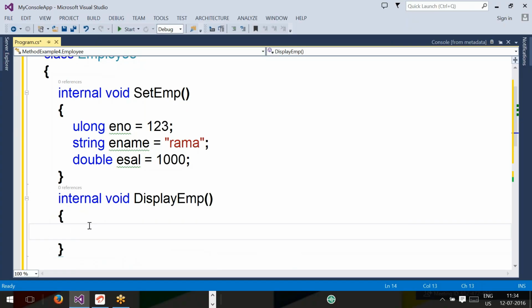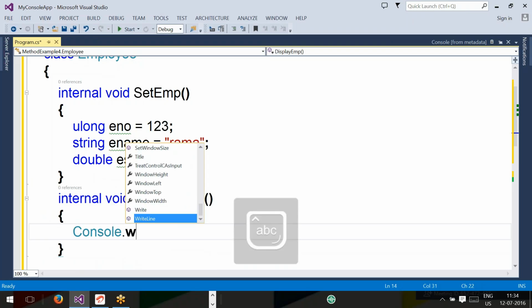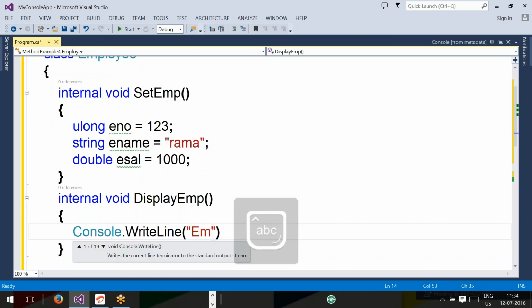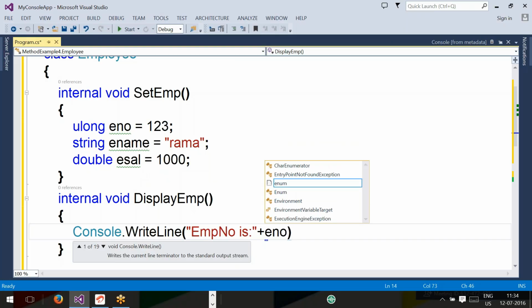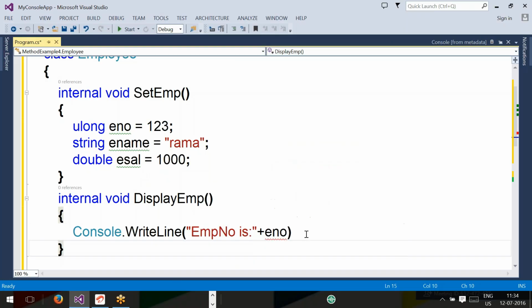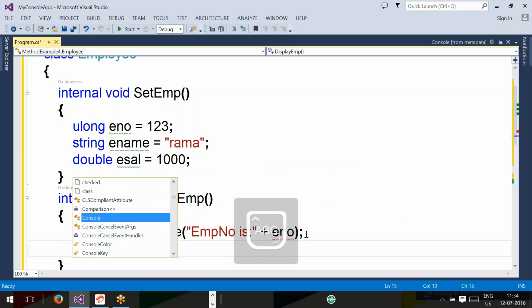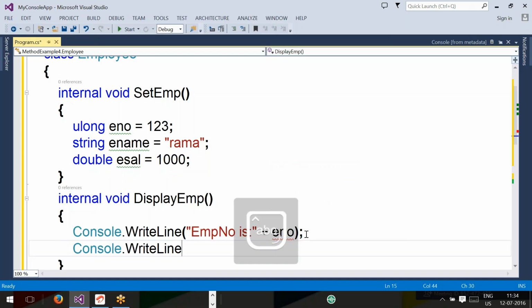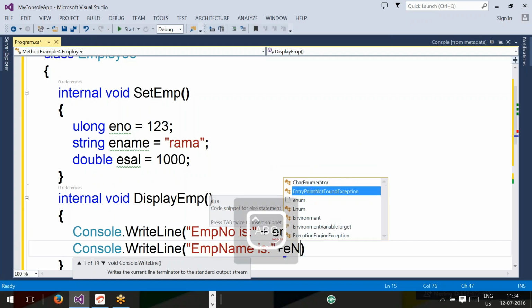In the display EMP method, I need to display the employee values, like Console.WriteLine("EMPNO is", ENO), and Console.WriteLine("EMP name is", ename),